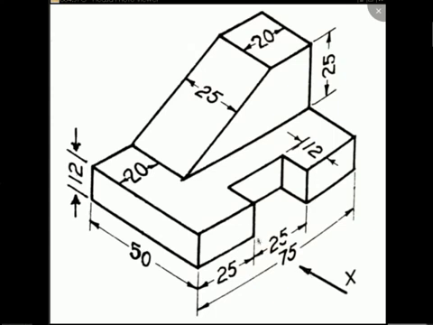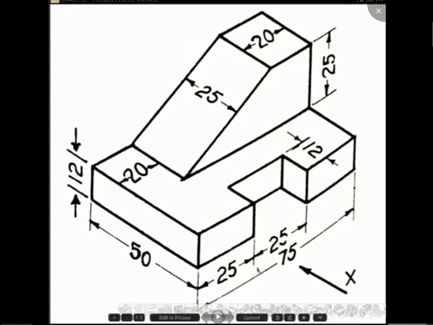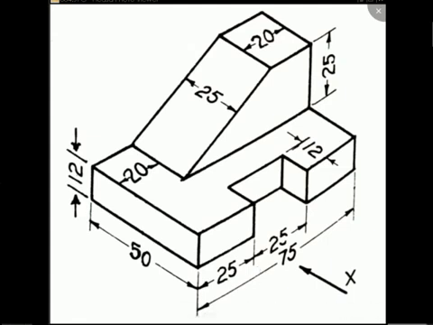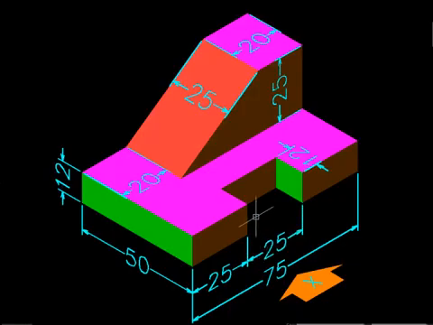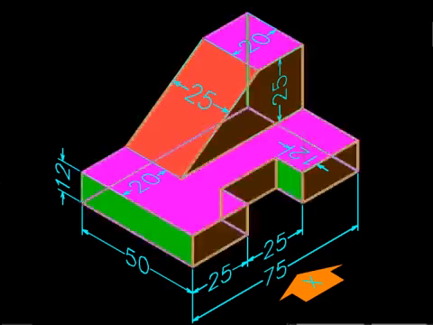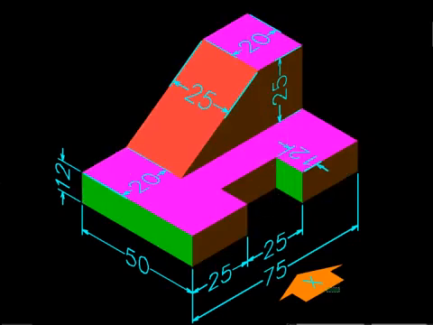Now, in a step-by-step manner, we have to draw the front view, side view, and the top view of the same object. Many times students find it very difficult to imagine which of the faces will be visible and which will not be visible. So, to make that clear to them, I have designed this same object using CAD software here. This is the direction in which its front view has to appear, and all the faces have been colored in different ways with different colors.